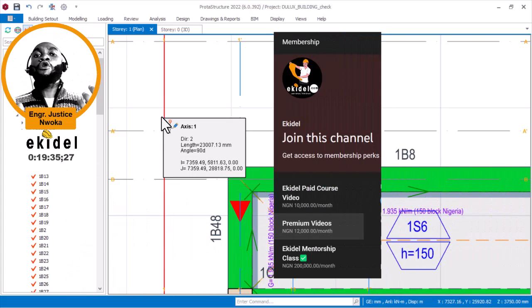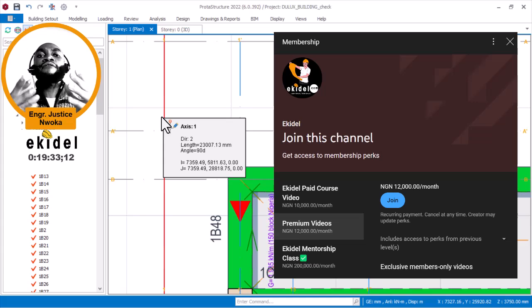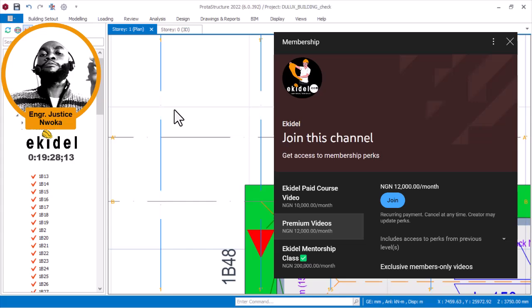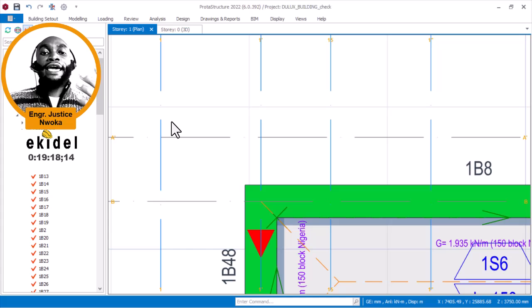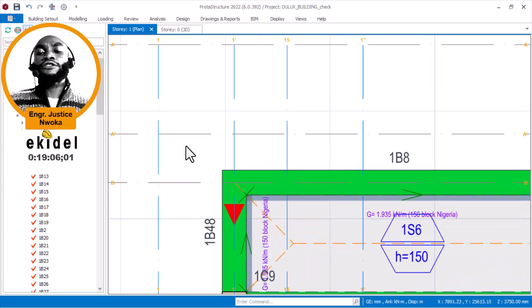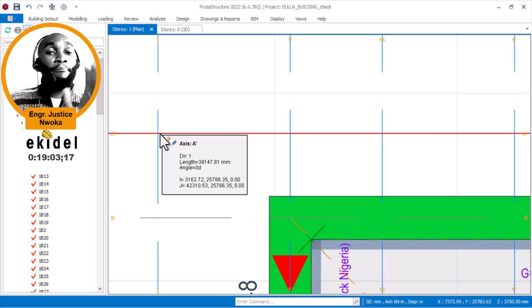So the code requires that when you are having a pin end, even if that support does not require any top reinforcement, it is necessary to provide a minimal reinforcement of 2Y16 at the top. That's because that will help to hold the legs of your links. It will help to give stability to your links, not that it is doing any work. So when the moment is zero at the support, that beam can purely stand without a top